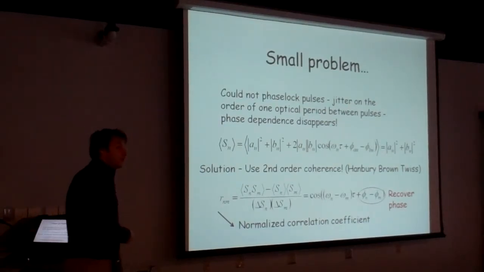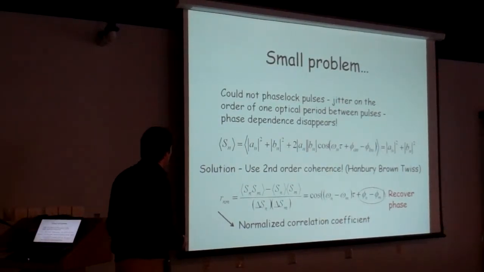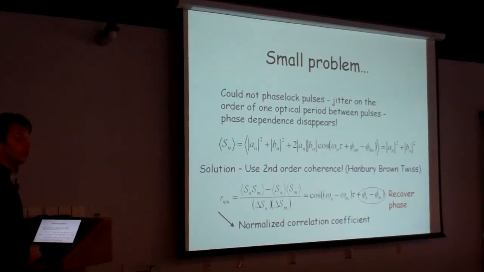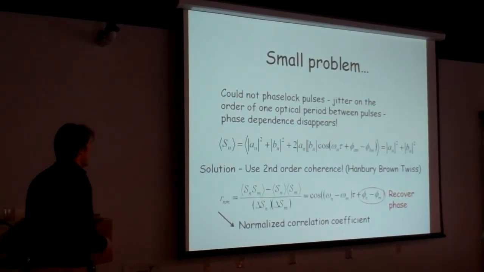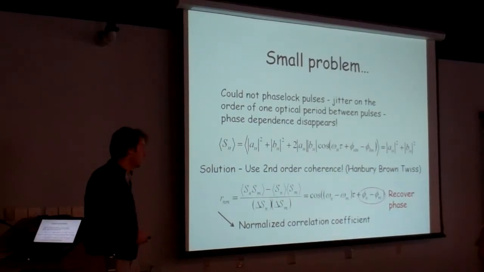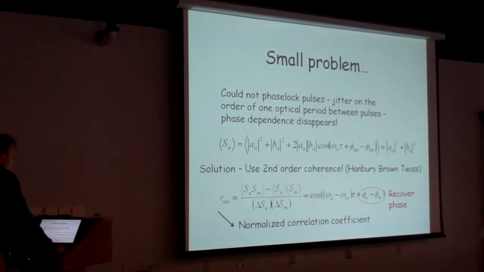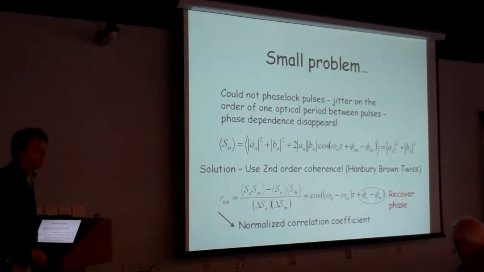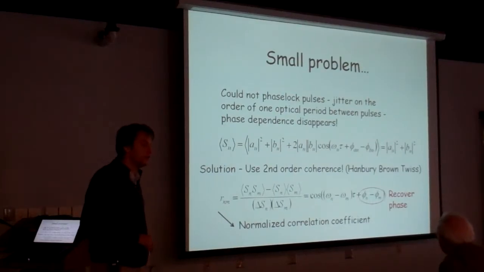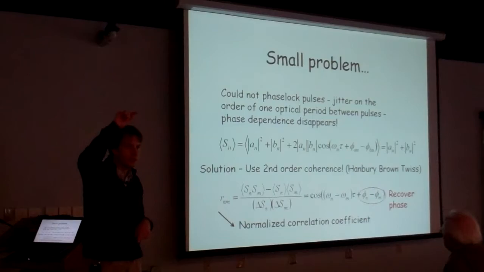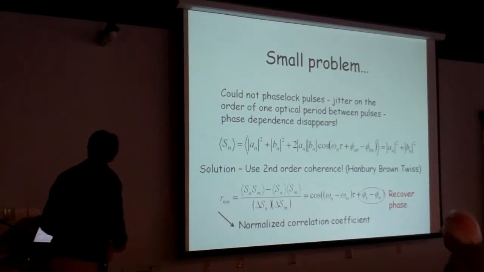So you might think that you're totally screwed at this point, but actually you can use a second-order coherence measurement to recover the phase information. This is very much in analogy to the Hanbury Brown and Twiss experiments. The basic idea is that I can construct a normalized correlation coefficient. And I think the easiest way to describe this, which I find very intuitive, is that if you have phase instability or timing instability between the two pulses, then if I look at the signal in any eigenstate,